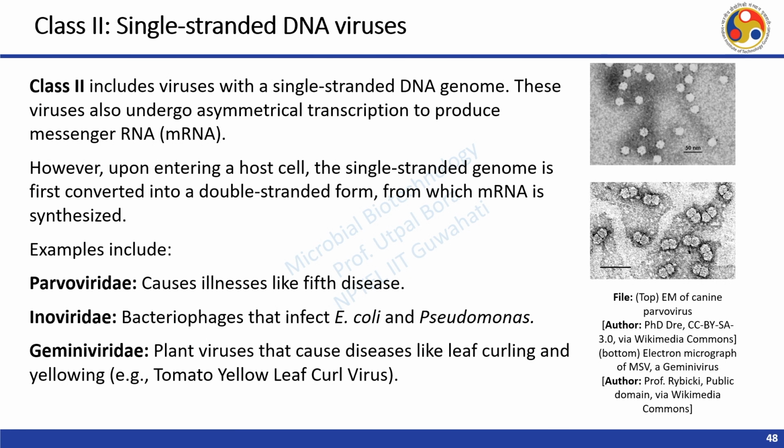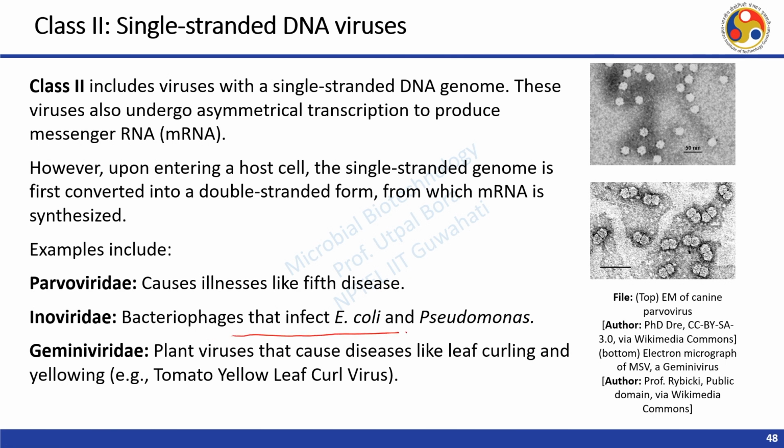In the class 2 viruses, which are single stranded DNA viruses, they include a single stranded DNA genome. These viruses also undergo asymmetrical transcription to produce messenger RNA. However, upon entering a host cell, the single stranded genome is first converted into a double stranded form from which mRNA is synthesized. Some of the examples include Parvoviridae, which causes illnesses like Fifth disease, and then Inoviridae